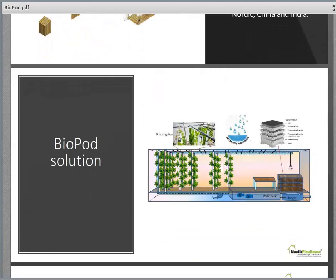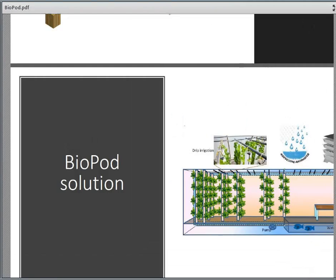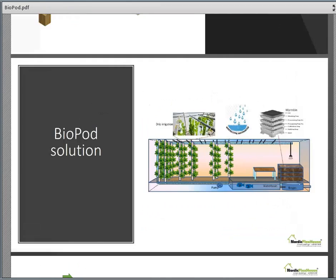So the project that we have been granted from VIDA is called the Bowpot solution. Bowpot actually consists of different kinds of technology combined into a system solution. As you can see here, it consists of